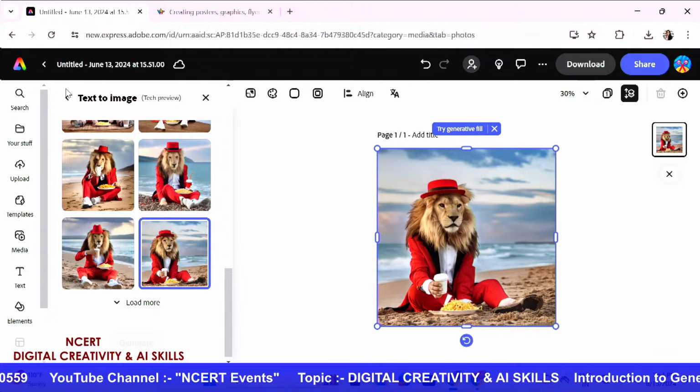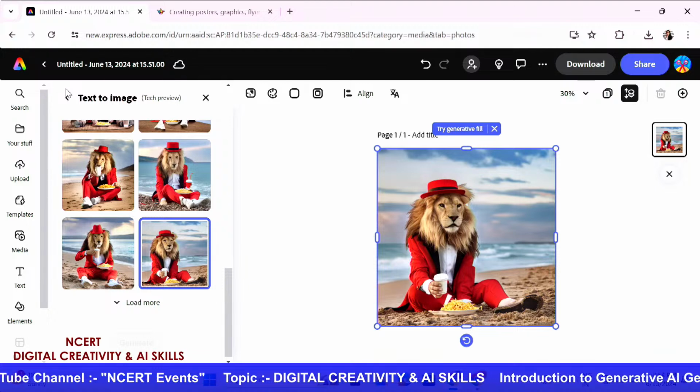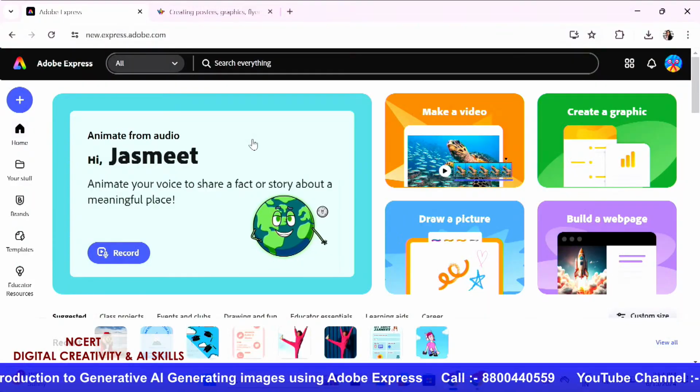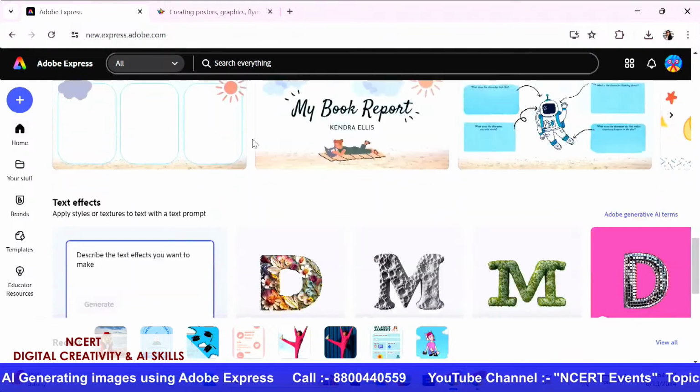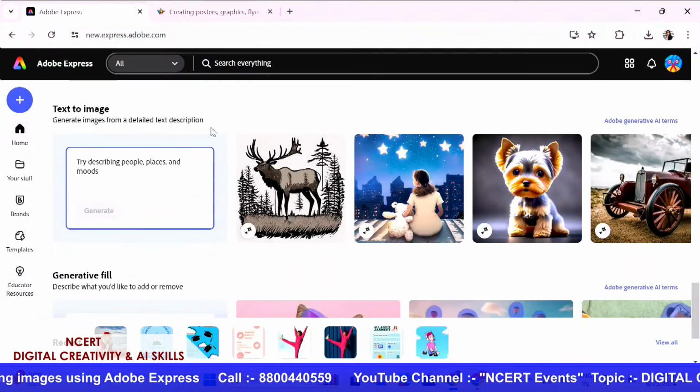I really want all you teachers to actually try this feature out, so that when we share our QR code with you all today, you are able to share your creations with us as well. So I'm just going to present one last time where you will find this feature. On your home screens, once you keep scrolling down right at the bottom, there you will find text to image.